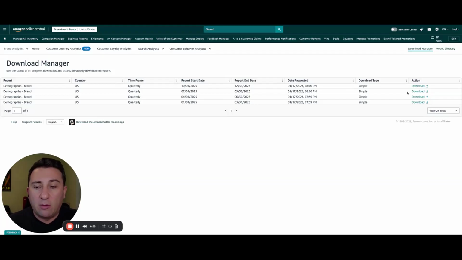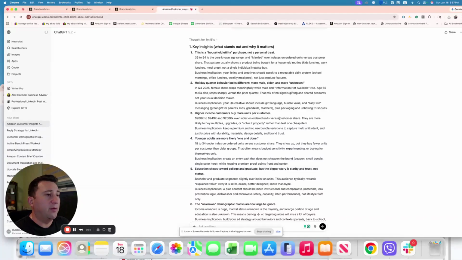And this is how it looks. For a little bit of thinking, it broke down into the key prompts they have requested from it. That starts from the key insights, broken down into largely 6 bullet points that cover the income and the holiday quarter behavior. I read this through, which is fascinating because it shows how the demographics from female to male